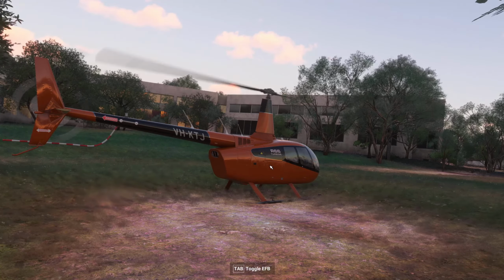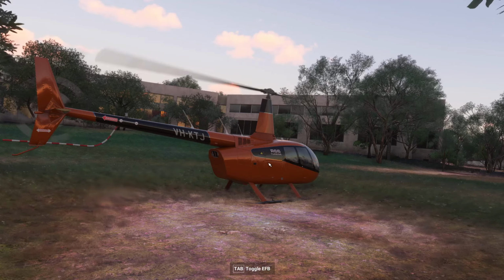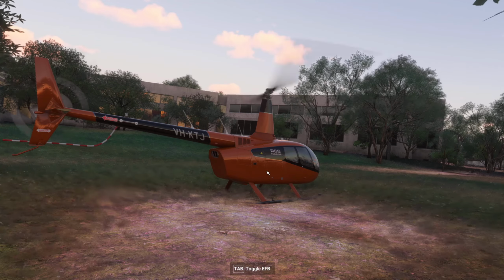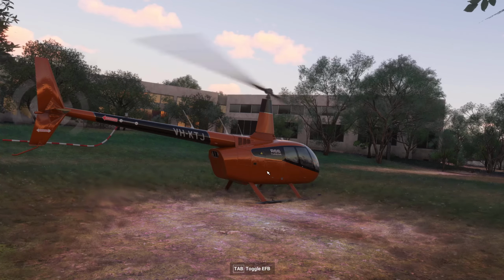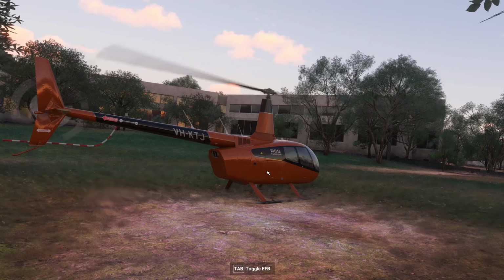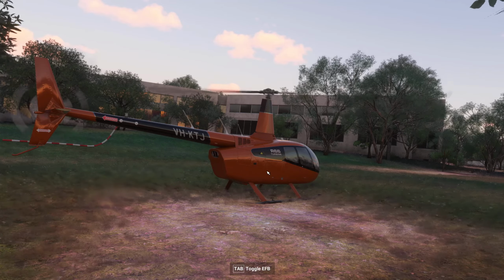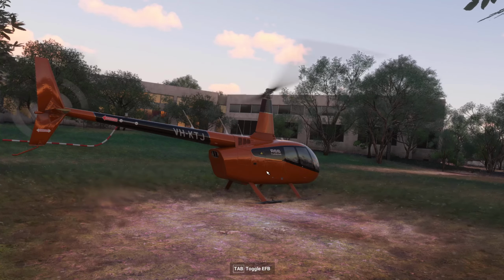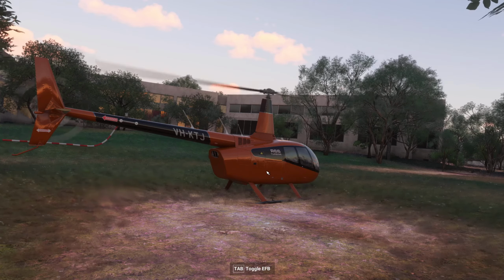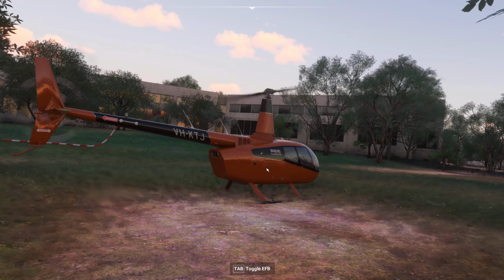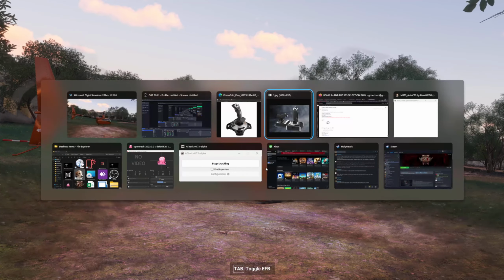I am currently flying in Australia, Alice Springs. We're just going to fly around a bit. So the reason for my flight is I've actually got,